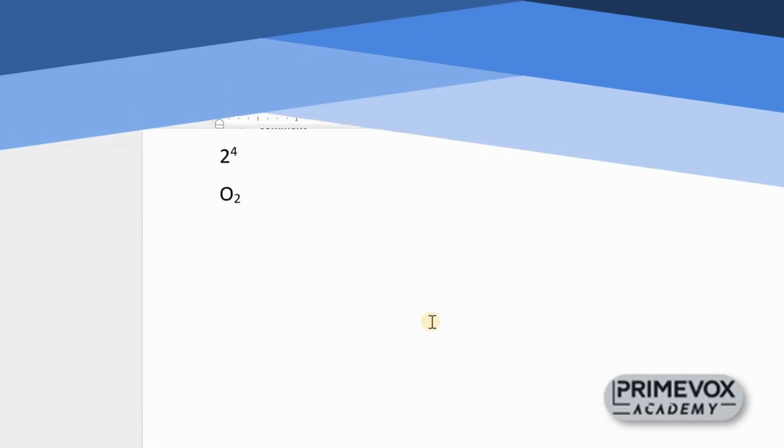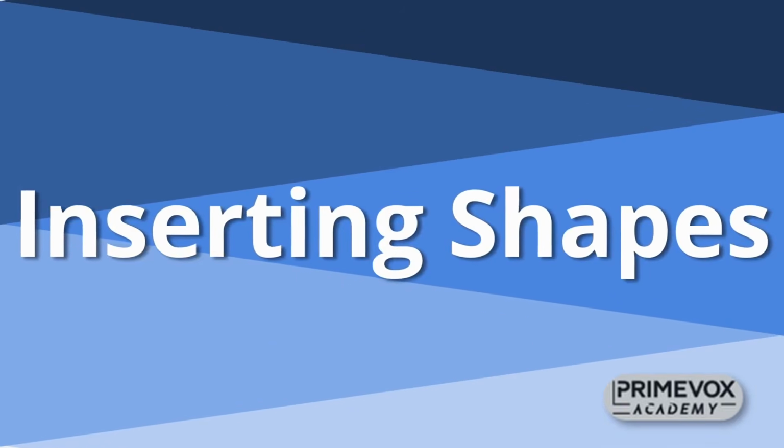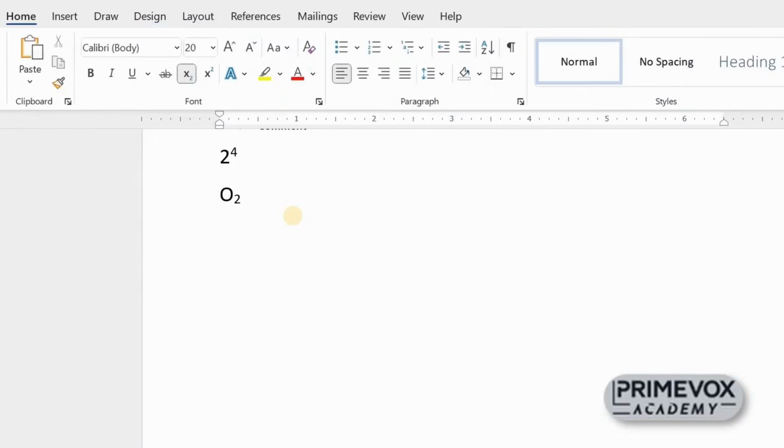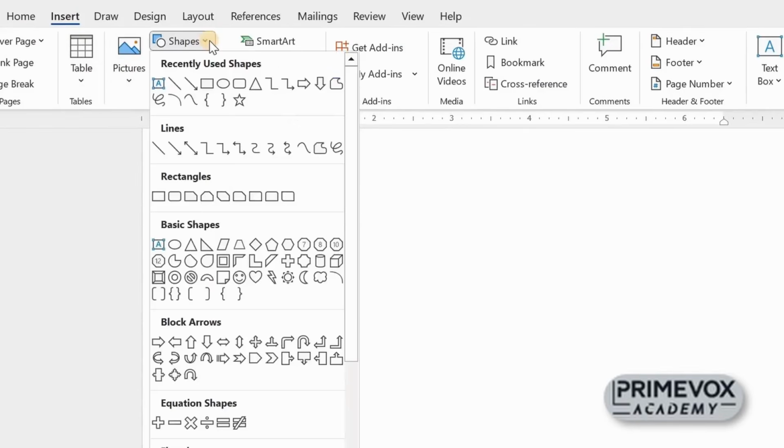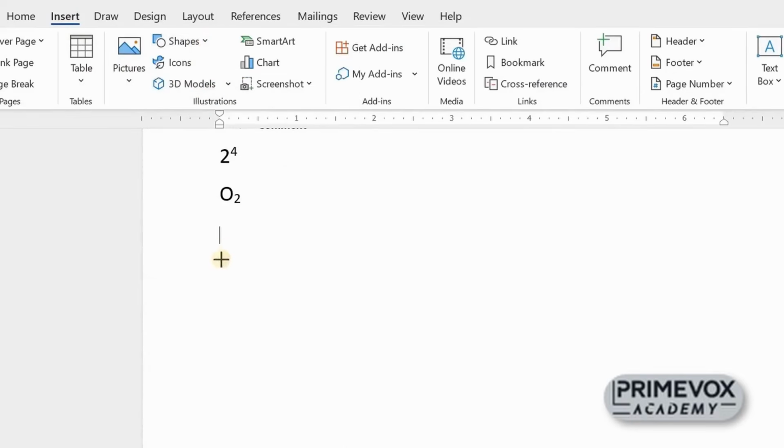Apart from pictures, there are other images you can add into your document. Let's use shape for instance. If you want to insert shape into your document, all you will need to do is to also place the cursor where you want it to appear. Then from the insert, you will see that the next we'll have after pictures is shape. So you can click here and choose any shape of your choice. Assuming I want to draw a rectangle,